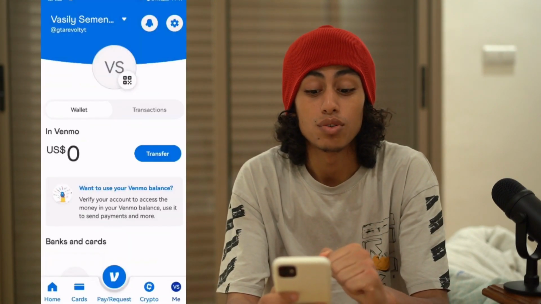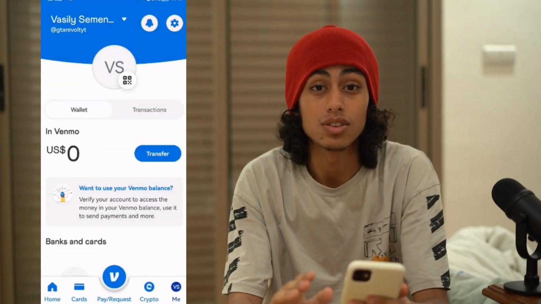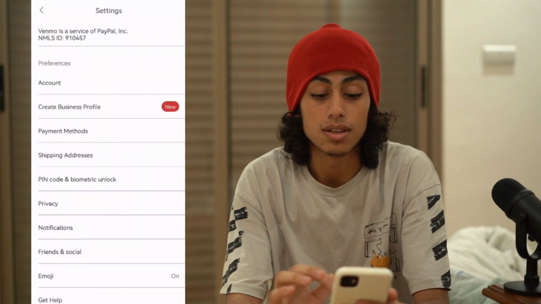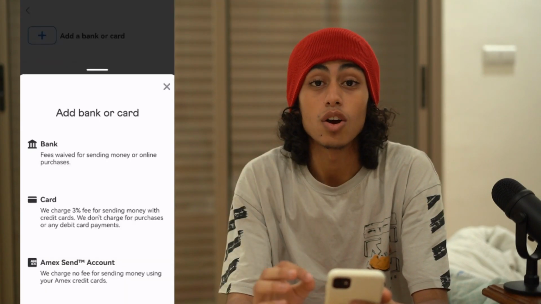So the first thing that you need to do is to go to your Venmo app and open it, okay? Alright, so after opening your Venmo app, you just need to go to settings. So you just need to click on settings and after go and click on payment methods. Okay, so you're gonna find add card or bank, you just need to click on it and then click on